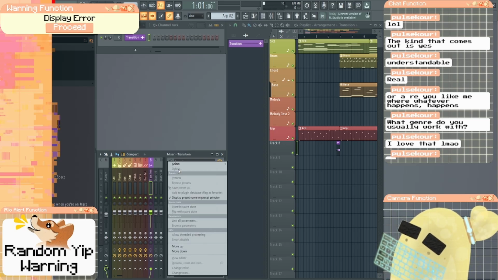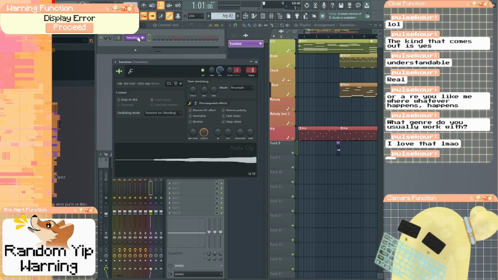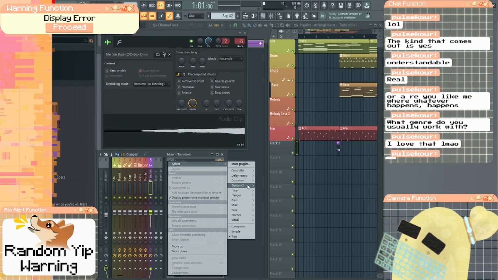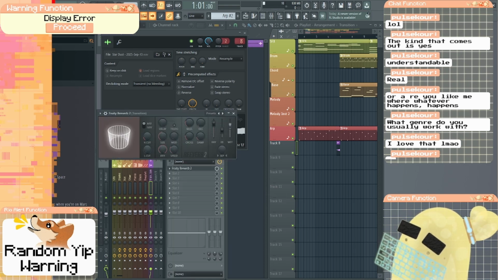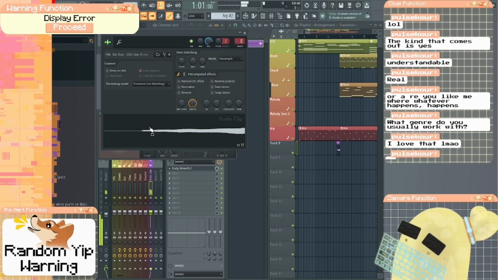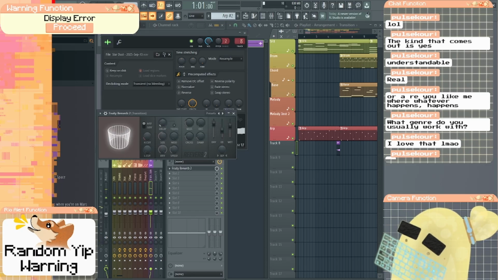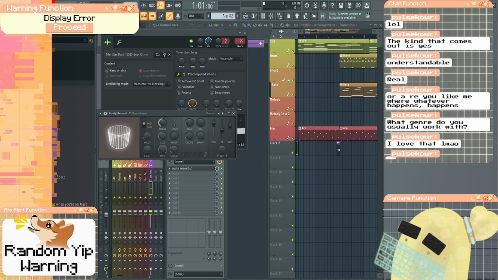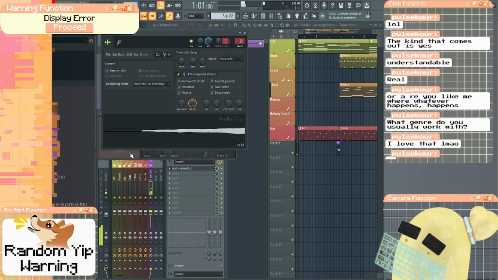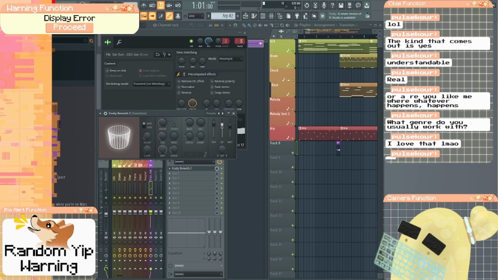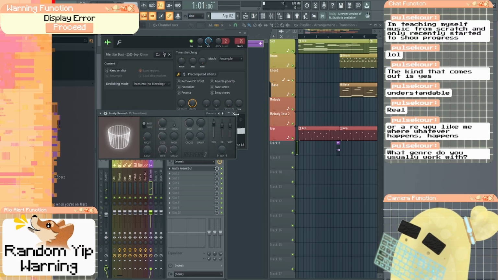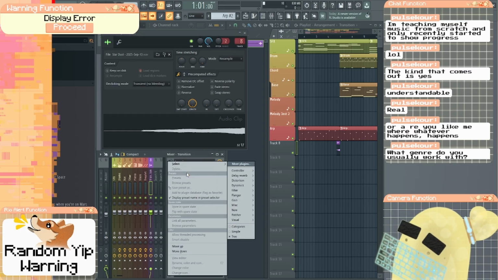Okay, so now we're going to mess around with this with effects and stuff. So I'm going to get a reverb. We'll just do this, and I think we'll add a delay. That has a nice echo at the end. And then I think I'm going to turn that up. Yep, I like that. And then let's get